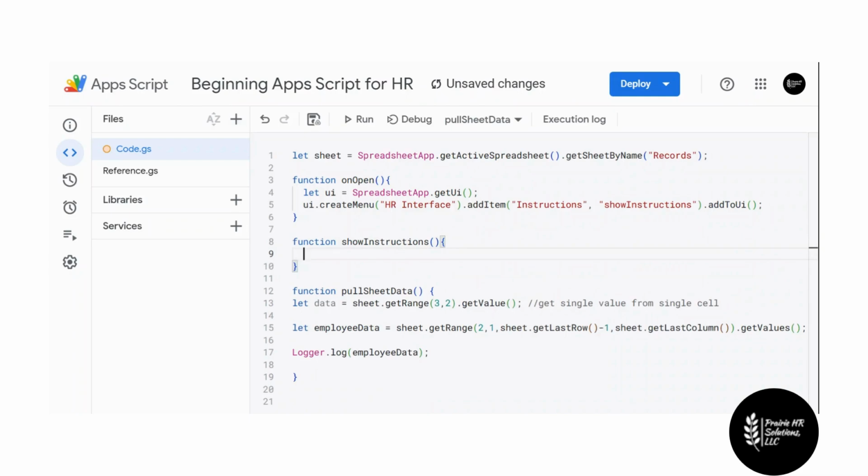We don't need to ask anybody like a prompt. They don't need to do anything else with it. We're just informing them of something. So what we can do is we need to get the UI, because we want that alert in this case to populate on the UI. So we would need to